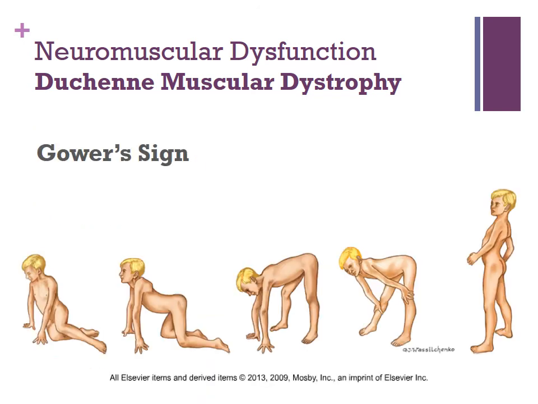And this is just the last slide, known as the Gower sign. This is what I was talking about. So they're on the floor. In order for them to get up, they get on their hands and knees, and they start to walk their hands back to help push their legs. So they stand up on their legs using their arms, and they walk their hands back, put their hands on their knees, and then walk themselves up their body to stand up. And that's the Gower sign. But again, go back to that previous slide, click on illustration, and that will give you a better visual for that. Okay, let me know if you have any questions.